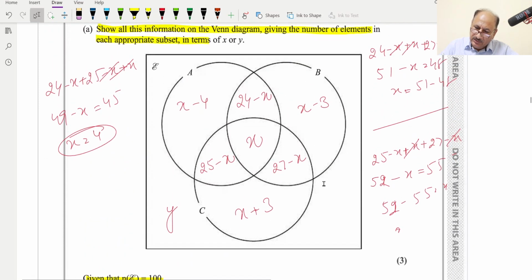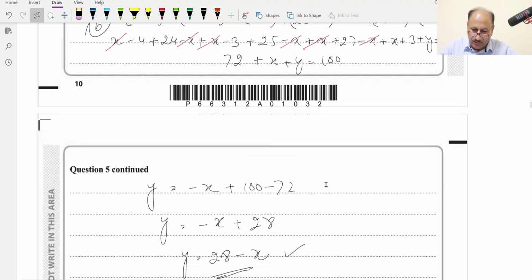See this one, 27 minus x, and y is equal to 28 minus x. So these equations we can write,